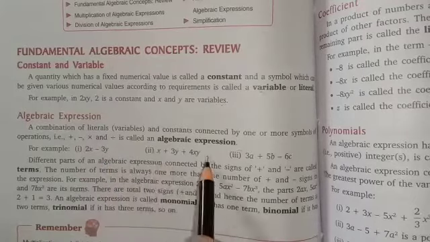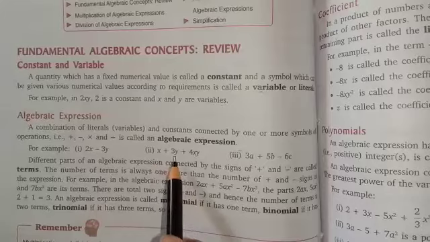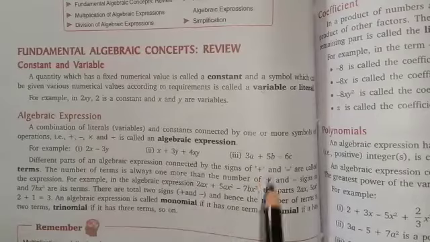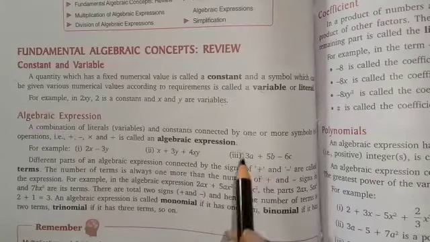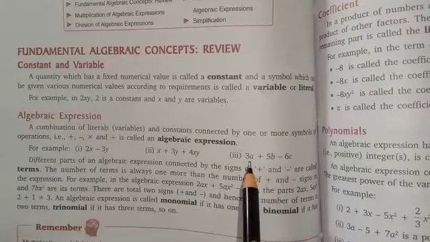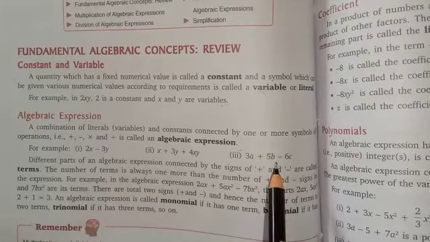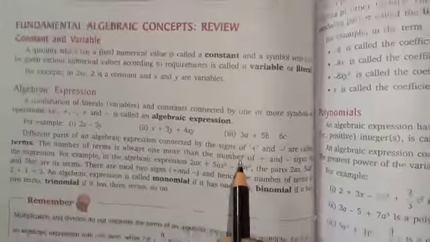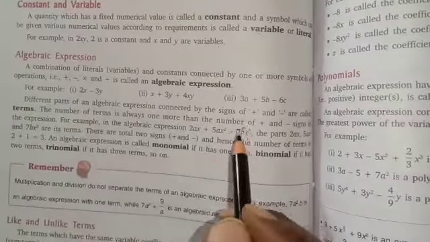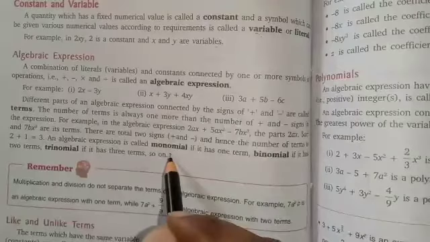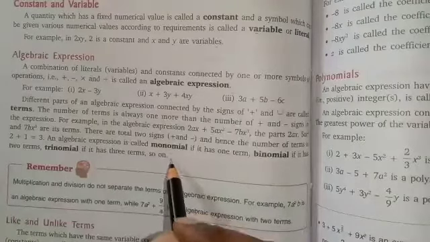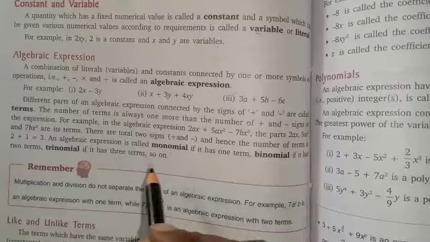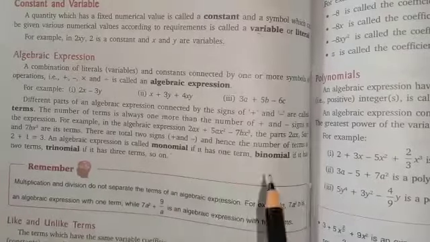Here how many terms are there? x is a term, 3y is another term, 4xy is another. Then how many terms are there? Three terms. This is called trinomial. Here also see, this is the algebraic expression having three terms. 3a first term, 5b second term, and 6c is the third term. That means this is also an algebraic expression containing three terms, which is called trinomial. Monomial means having single term. Binomial means having two terms separated by plus minus, and trinomial having three terms, and so on.